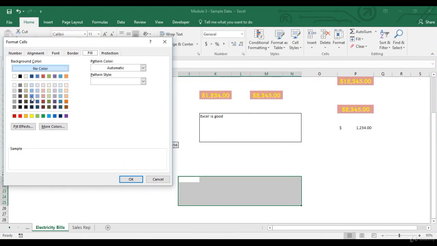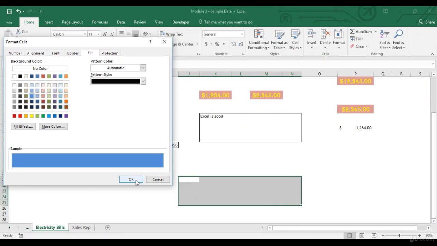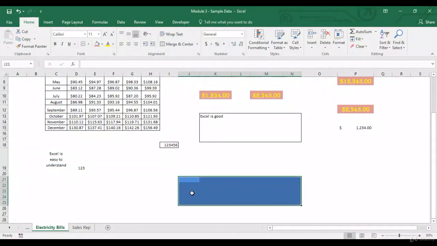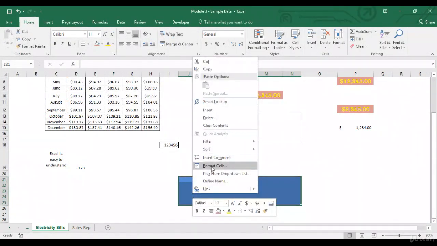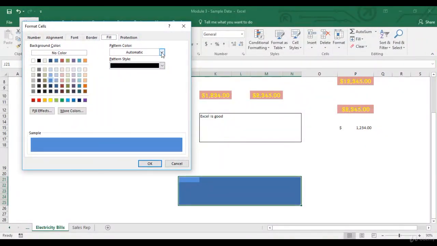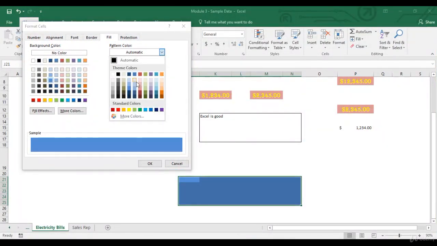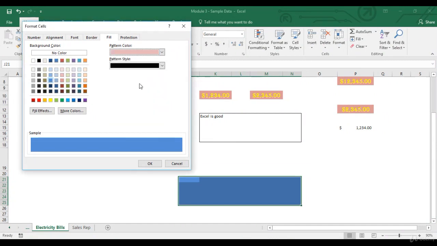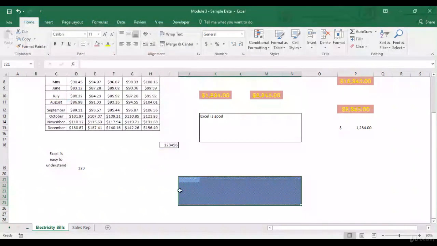So if I use this and click on OK, it just colors everything over here in the selected cells. Pattern color is, let's take this. Pattern style, you've got different patterns over here which you can select. Let's select something which is more visible, so you can see how it changed over here. Let's click on OK.